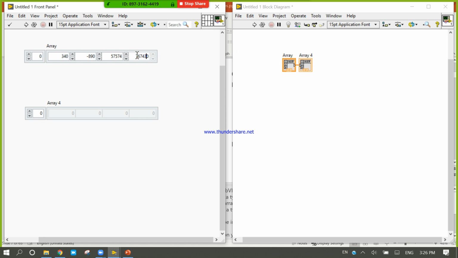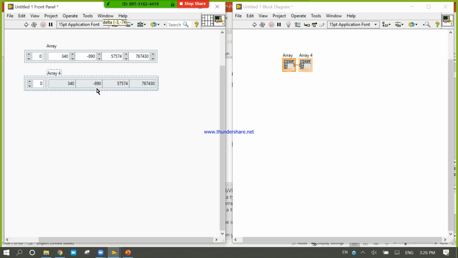Run. If you want to work with a data set, an n number or finite number of data, and you want to process it, you can use the array. So here I have 4 data.